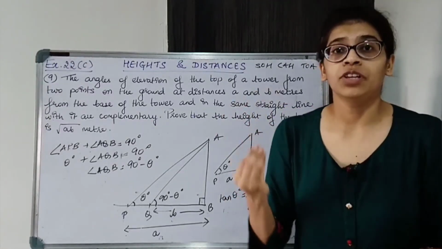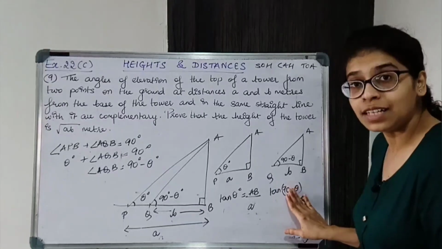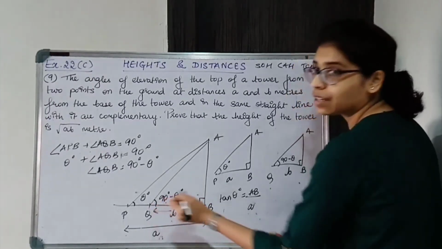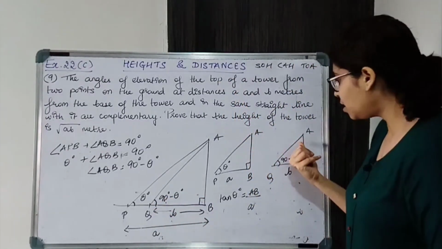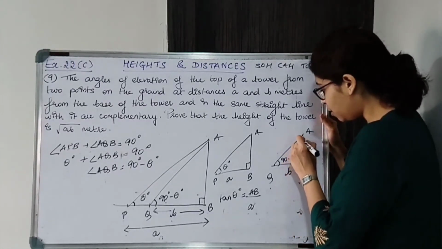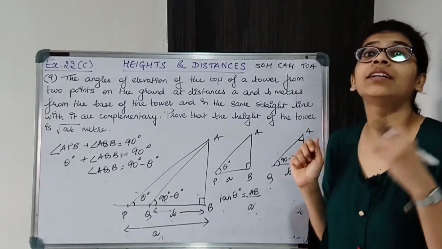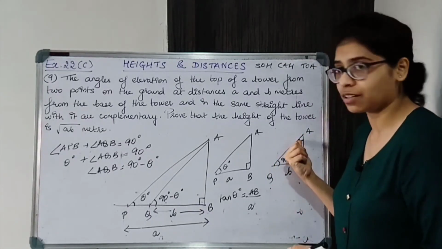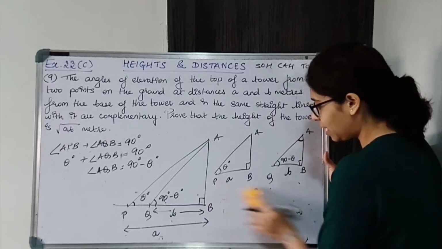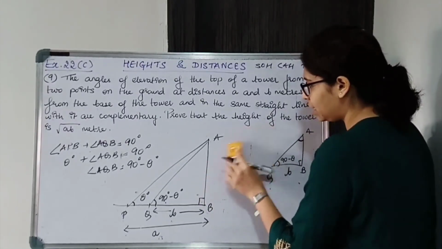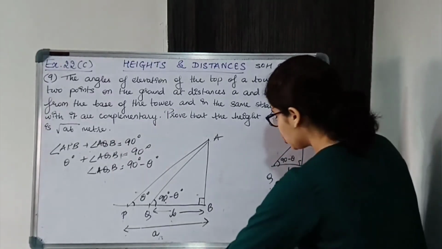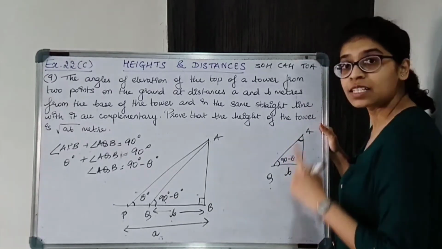So what I should do over here, in this case, we will not consider 90 minus theta. Don't consider this angle. Instead consider the other angle. Okay, so here we will try to find this angle. This angle is nothing but theta. Using the sum of all angles of a triangle, find this angle. I'll explain why we are not considering 90 minus theta. 90 minus theta will come into the picture, and we don't want that angle. So we will find this. This is going to be theta.